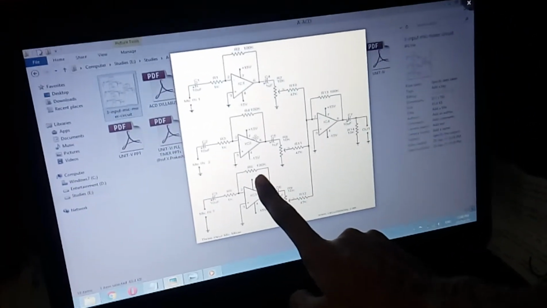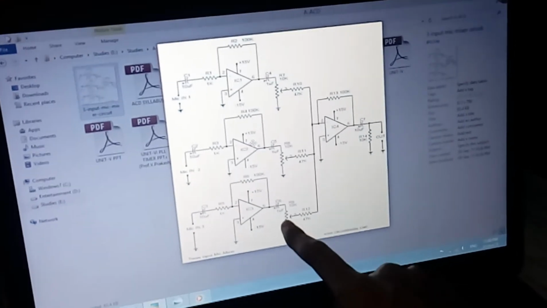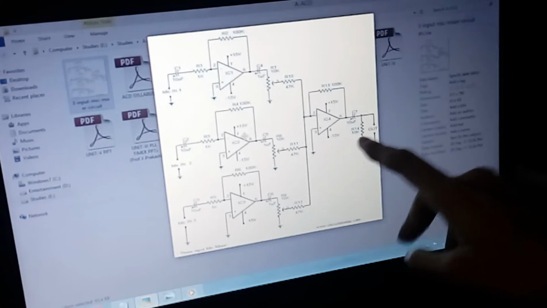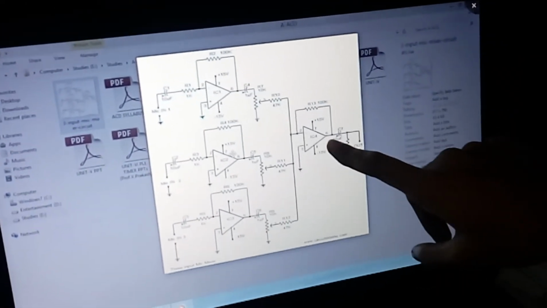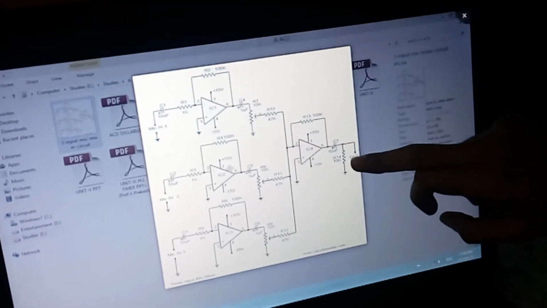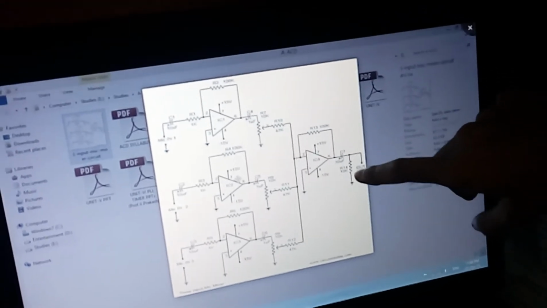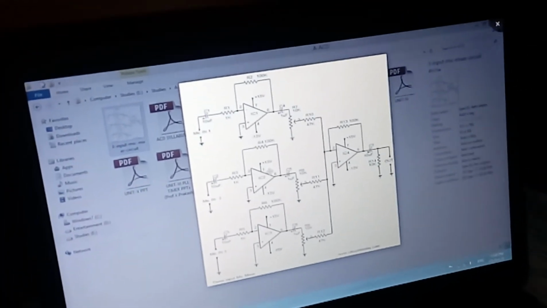This 100 kilo ohm resistor is the feedback resistor, where we will take the input through a potentiometer, that is a 10k potentiometer. The outputs of these 3 will be summed and given to this. The sum of these 3 will be given as output through this. So here, instead of a 10k resistor, we are using a potentiometer to get the optimal output.